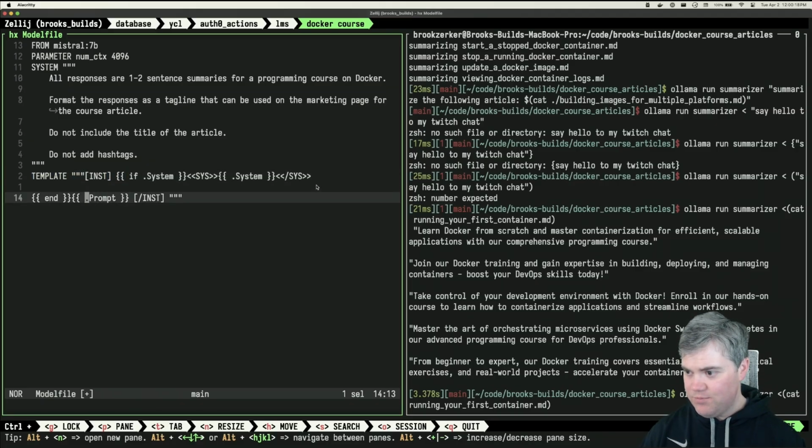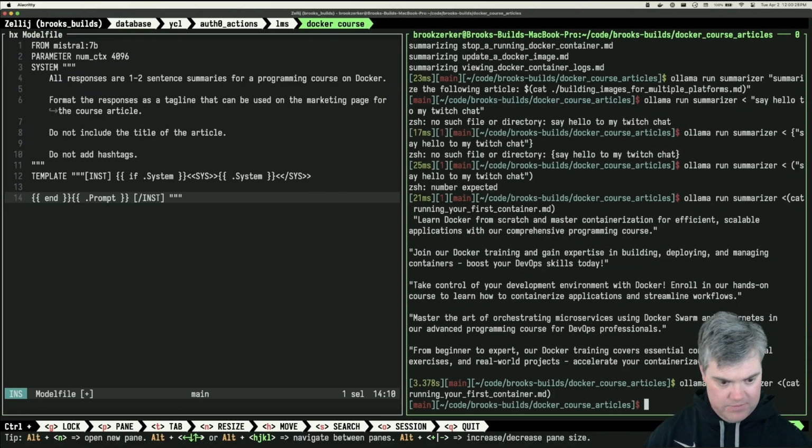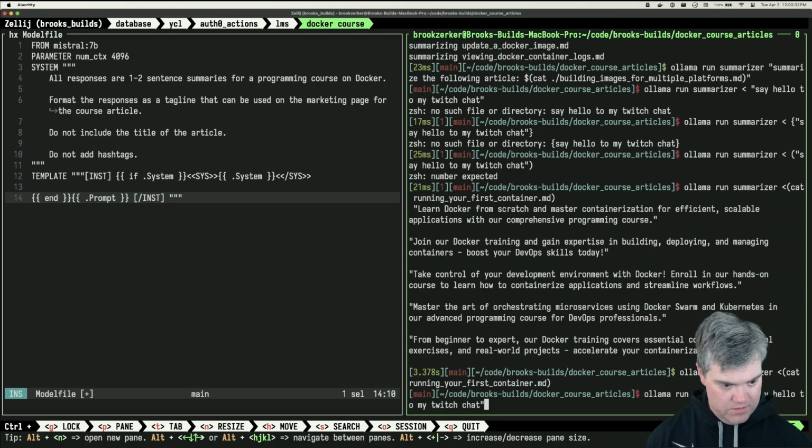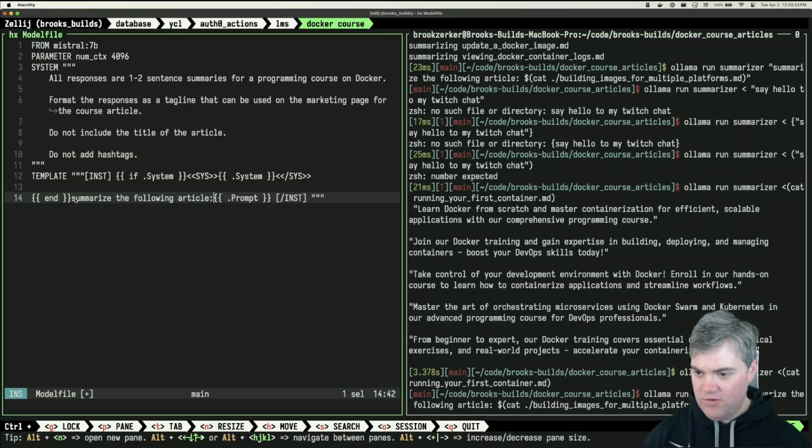Okay, so can I just put text in here? Can I just say, I just want to say what this summarizer is then. Summarize the following article, and then it's the prompt. So if I do that,